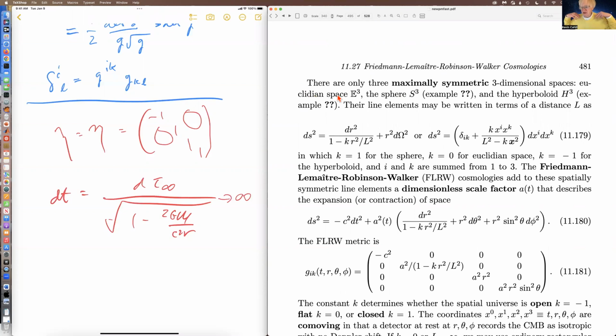And then there is the three-dimensional hyperboloid, which can be embedded in a four-dimensional space-time. Anyway, these are the three maximally symmetric